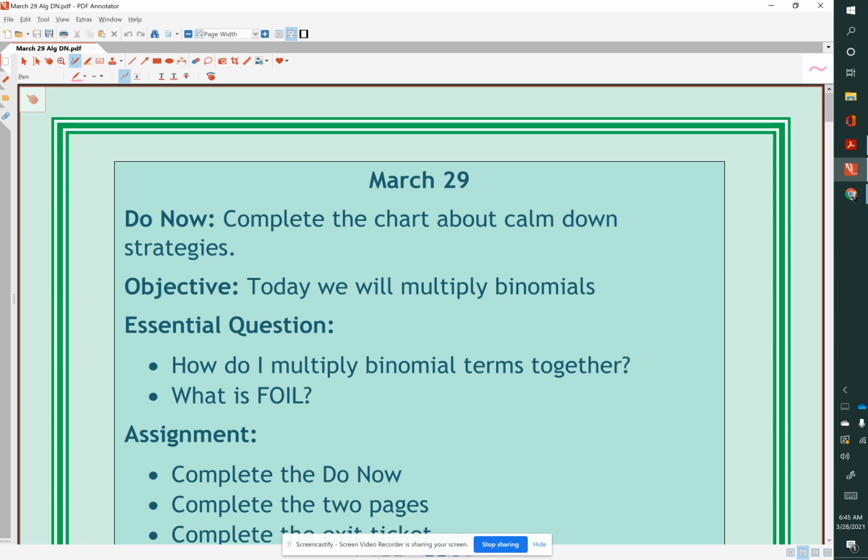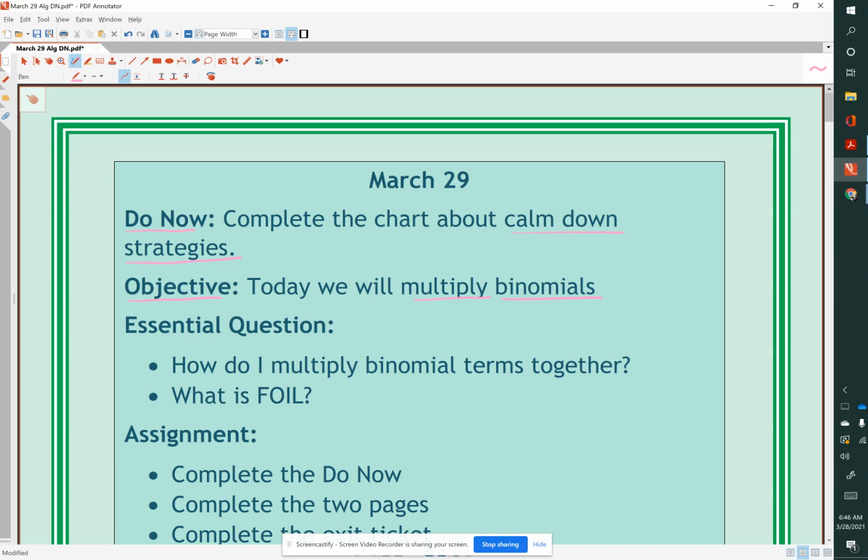We'll start with our do now. We're going to complete the chart. Today it's kind of about our calm down strategies. Our objective today will be to multiply binomials. We'll slip in a few trinomials at the end there as well, but mostly we're going to multiply binomials by